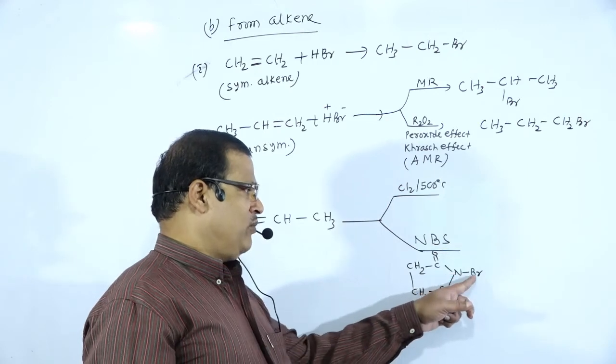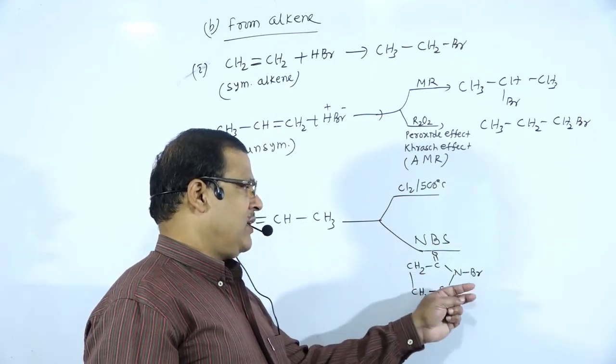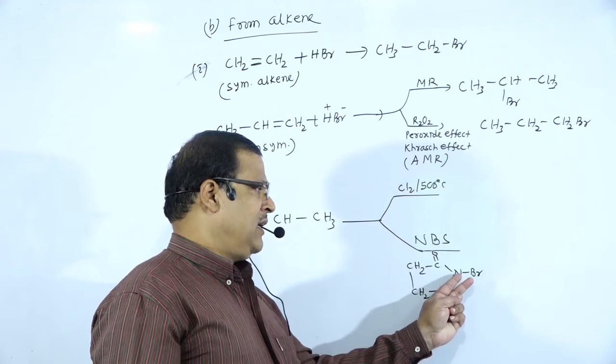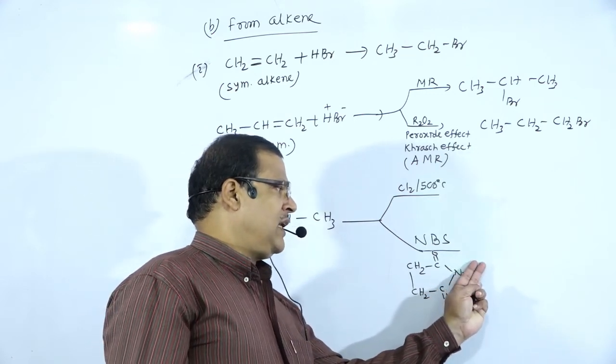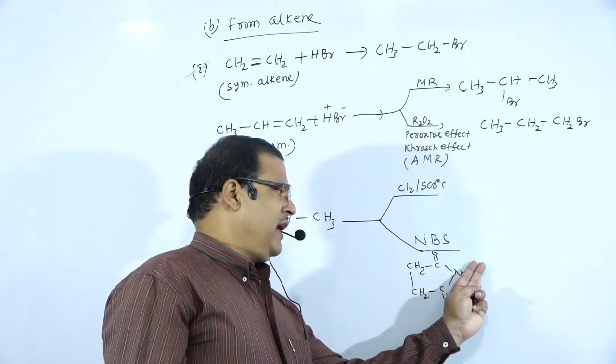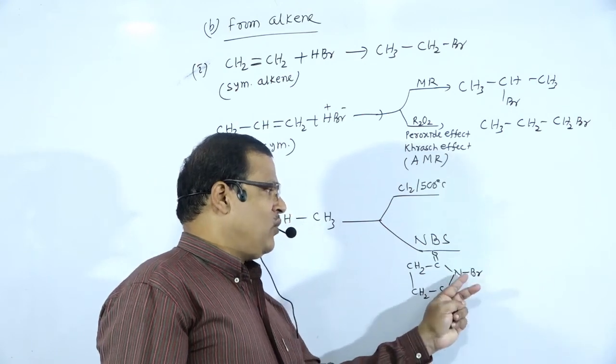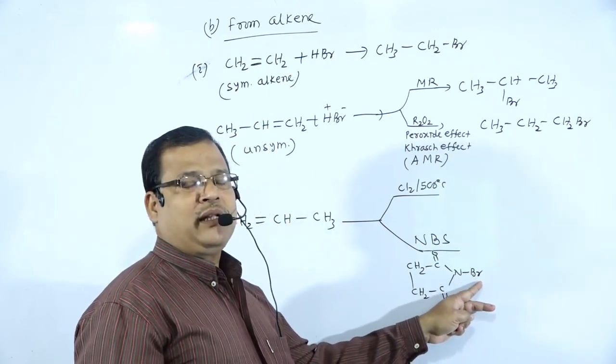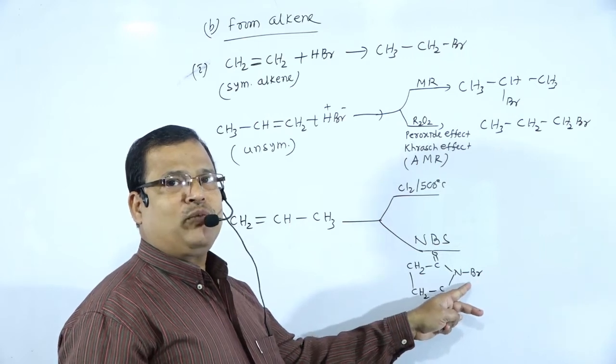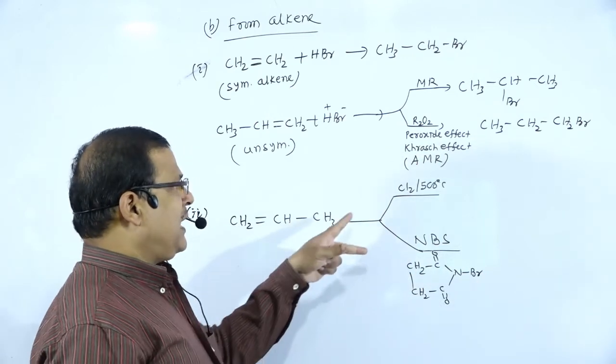NBS, N-bromosuccinamide. In the formula for succinamide, the hydrogen atom on NH is replaced by a bromine atom, therefore it is named N-bromosuccinamide. So if we carry out this reaction,